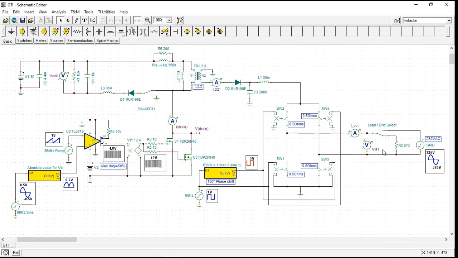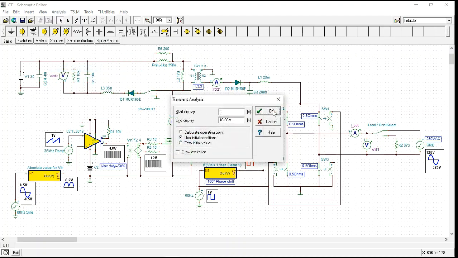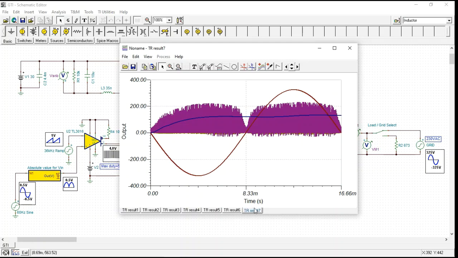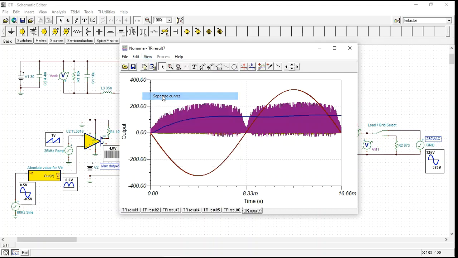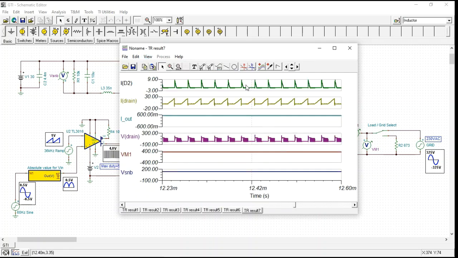So now if I grid tie, let me run this again. We'll run the whole thing this time. This has really been good. So this is the whole thing now. If we separate the curves again, you can see what's happening with current and with those peaks. I wouldn't even have attempted this project